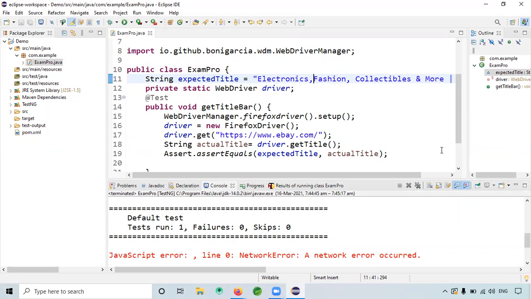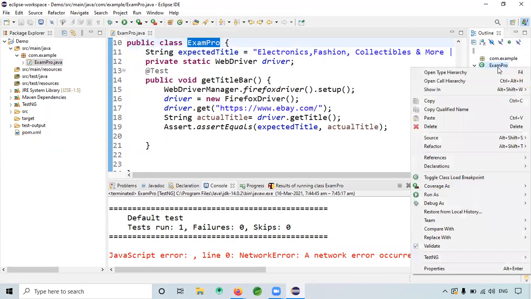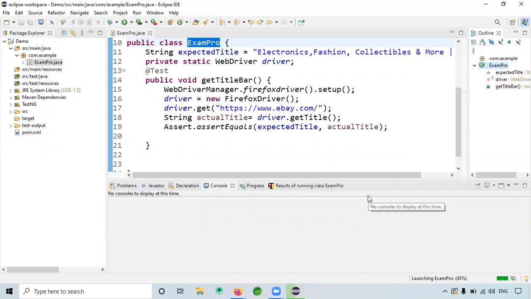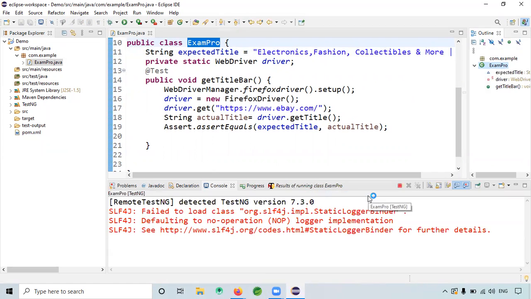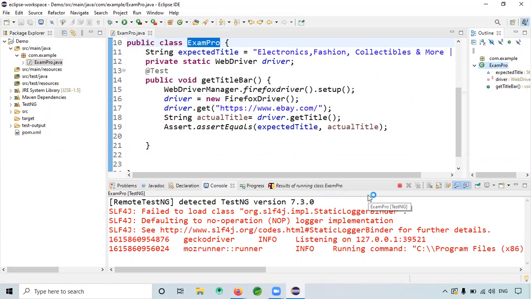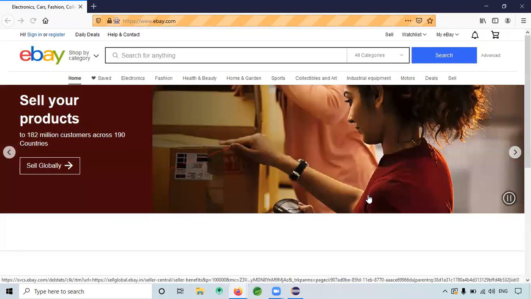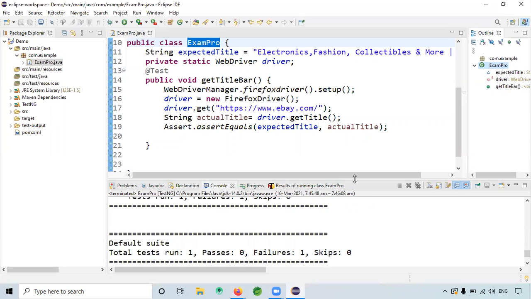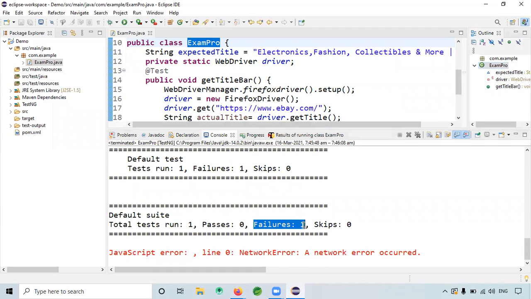So let's see the behavior. See here, failures 1.